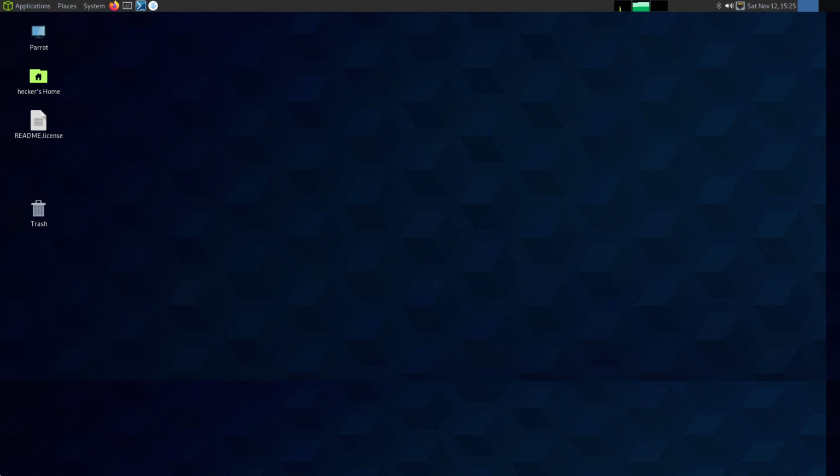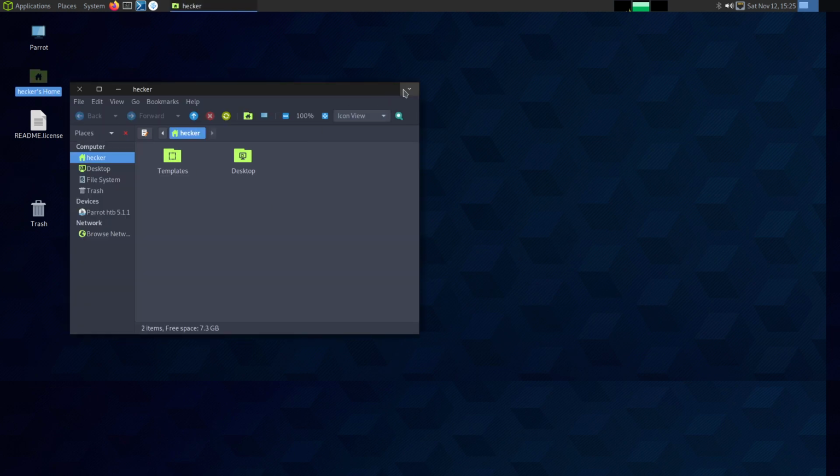Today we will talk about the difference between CLI and GUI. First of all, let's go to the topic GUI. Let's go to the files folder. These files